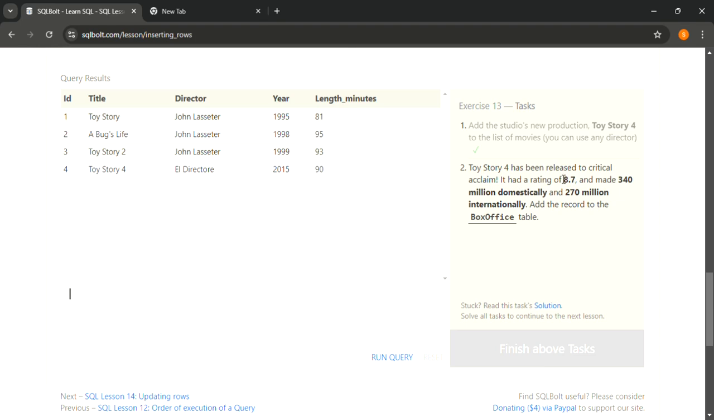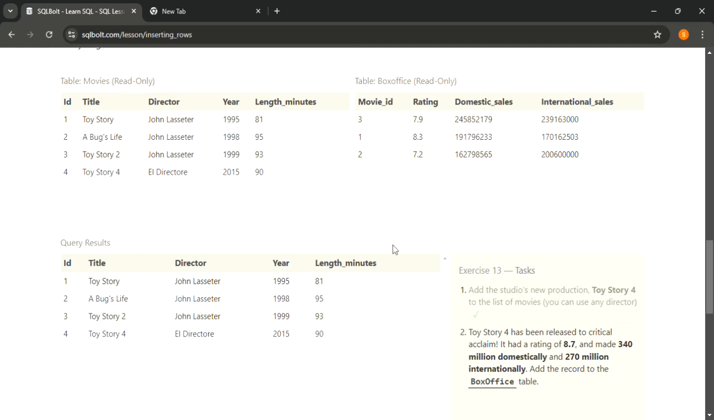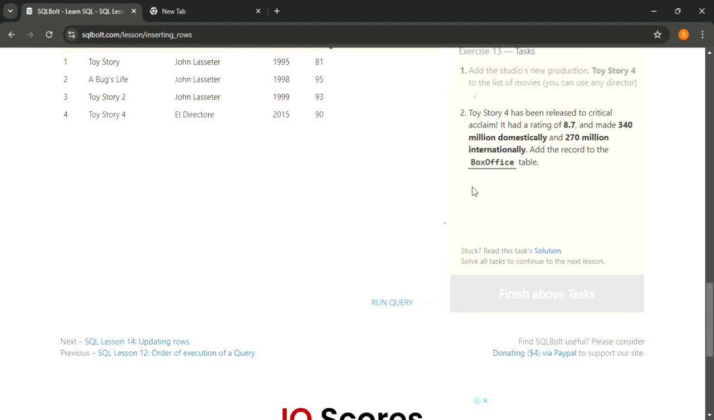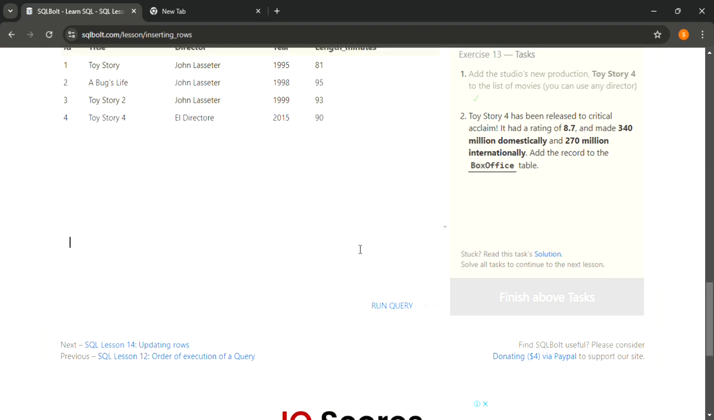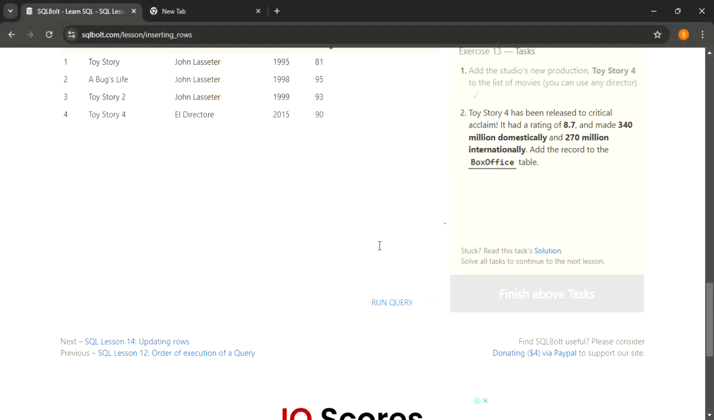Toy Story 4 has been released to critical acclaim. It had a rating of 8.7 and made 340 million domestically and it recorded to the box office table. Add the record to box office table. Okay, this time we should do it correctly. So insert into box office values